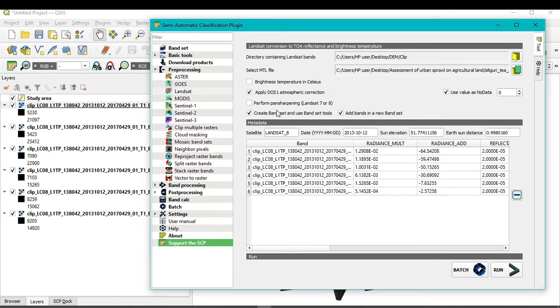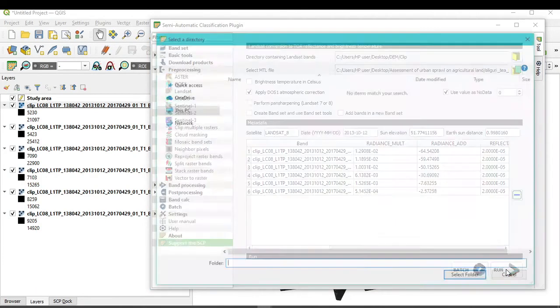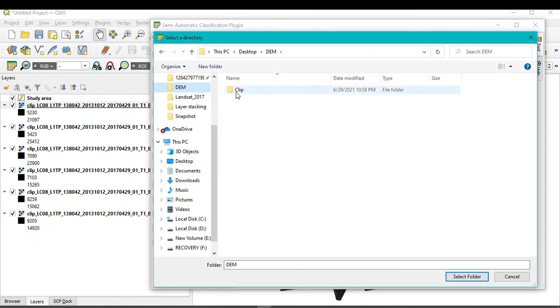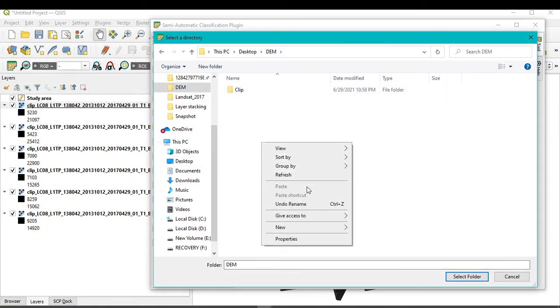And if you want to create the virtual band as well as layer stack, you can check all of these, but I will go only with this atmospheric correction. After that just click on run.